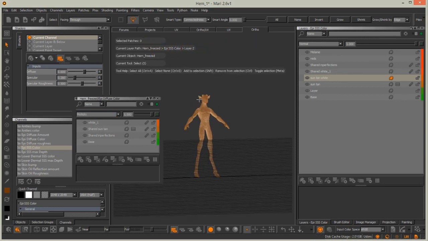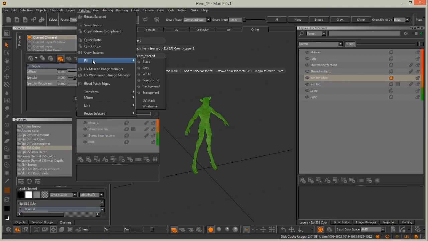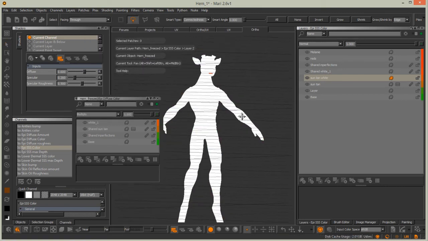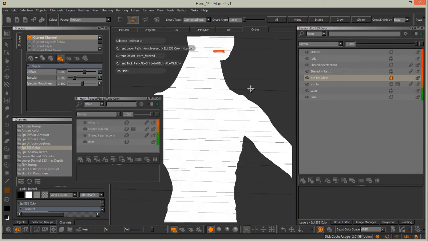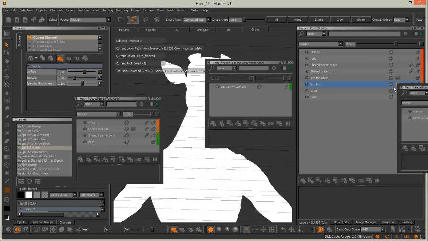So select this, fill with white color. Okay, and add a mask stack. Open this stack and pin it. Okay, and pin also this suntan mask, and duplicate